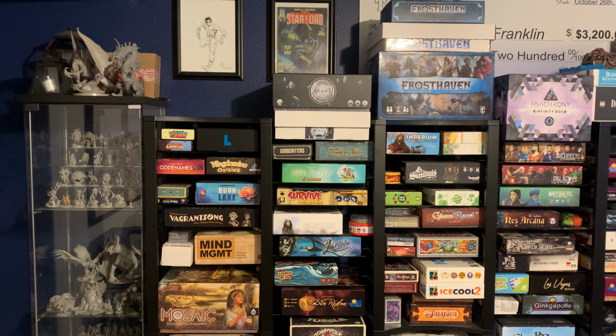You, Dice Realms, Frosthaven, Imperium Classics. We've also got Railroad Inc., another copy of Spot It, Summit, Point Salad, So Clover, Biblios, Similo, Glass Road, Skull King, Cover Your Assets, Sagrada, Hanami Koji, Geisha's Road, Ice Cool 2, Coloretto, Jamaica, Anachrony, Architects of the West Kingdom,